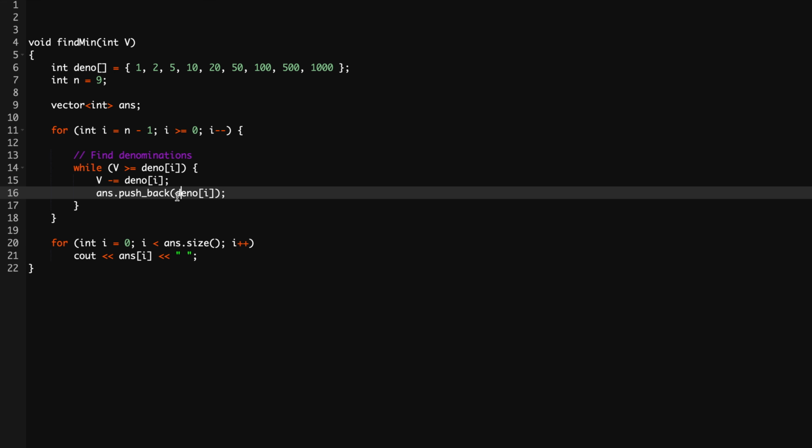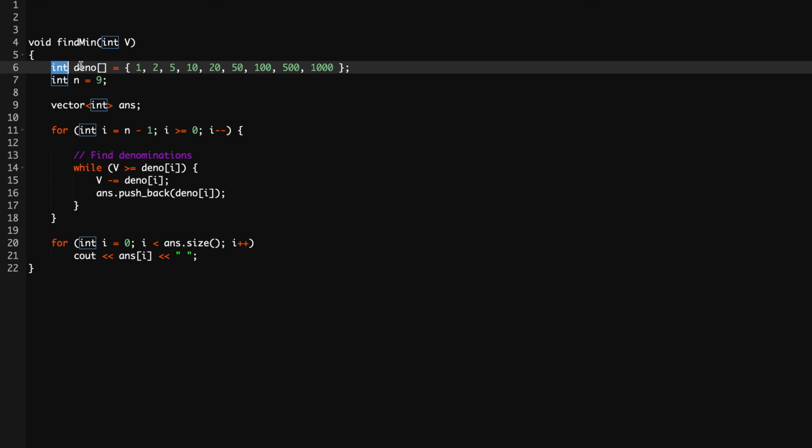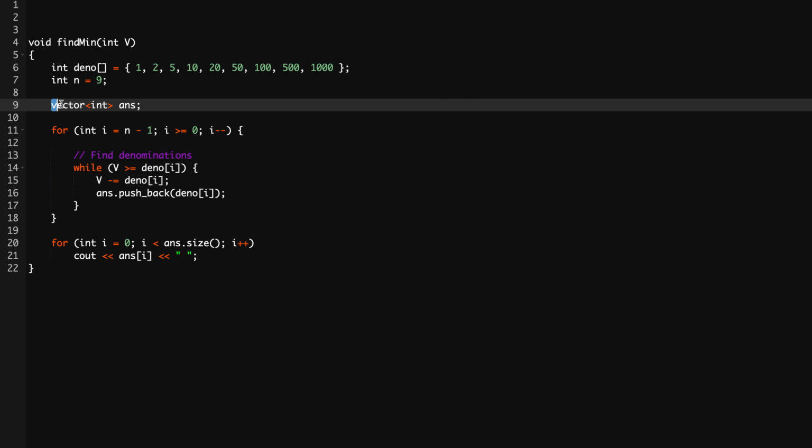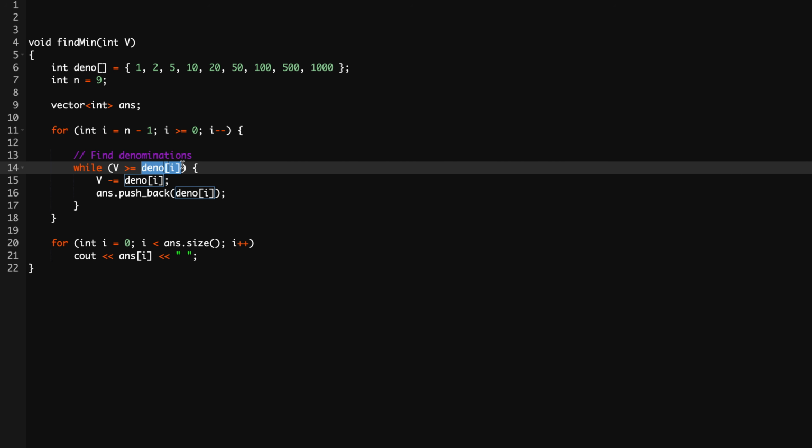So if I talk about the C++ code, we have a function which takes the value V, then we declare an array which is of size 9, which is having all the denominations. Right after that we are declaring a vector which is going to store all our combinations. Once that is done, we start iterating from the back, that is from n-1 to 0, and what we do is we basically check if the denomination coin is lesser than the current value that I have.